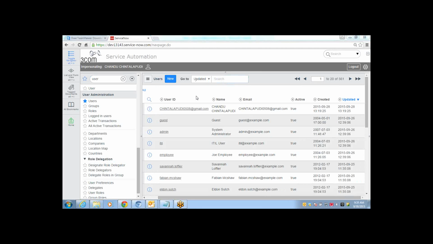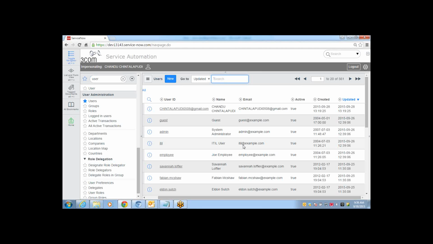See, if now you log in as Chendu Chintalapati, the rest of the records you see here, guest, admin, ITIL, employee, all these are global records. That is the reason you are able to see the global records, and the one which you belong to, Chendu only belongs to. So that record only you will be able to see. Rana belongs to GSS, which is a parent domain. The child cannot see the parent data. So that is the reason Chendu couldn't see Rana's record.